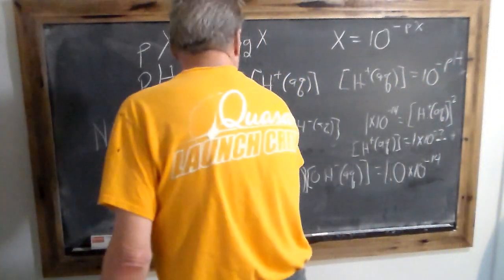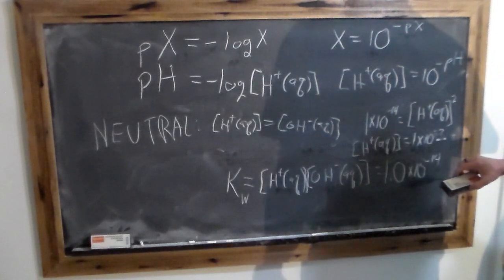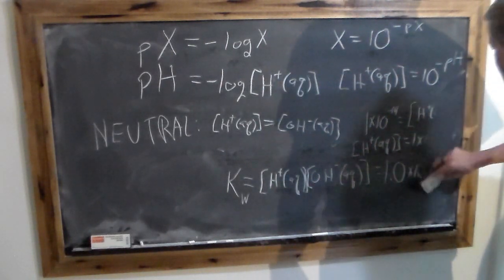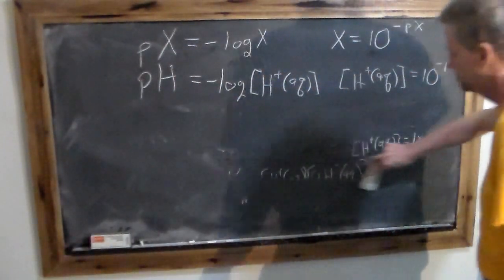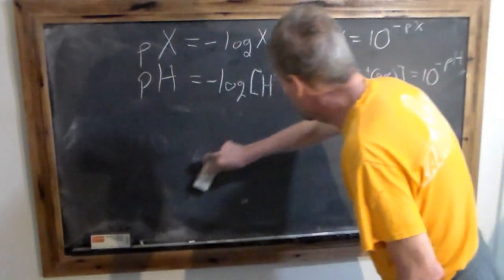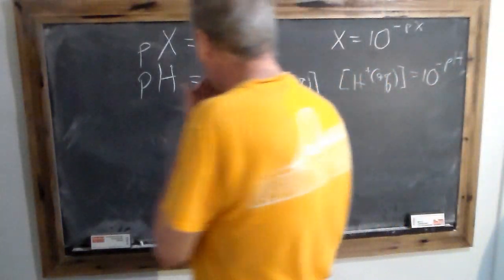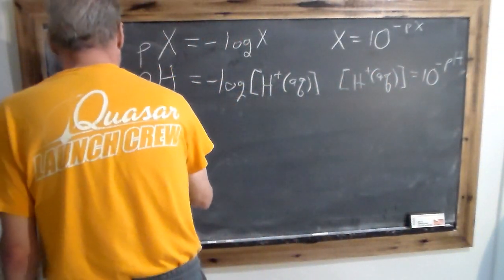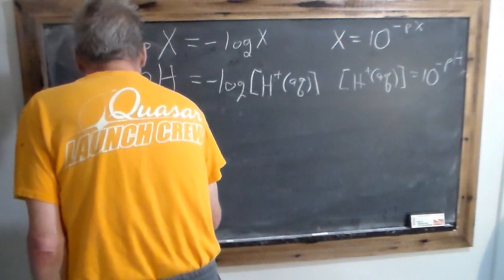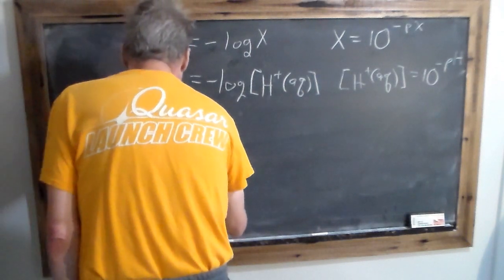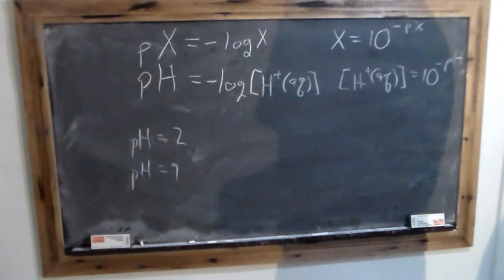And why is it, by the way, that this inverse scale means a smaller pH is more acidic? Well, let's look at this. Let's take two cases. Let's take an acidic pH of 2 and an alkaline pH of 9. I'm using integers here. You don't have to, but for this example I am.